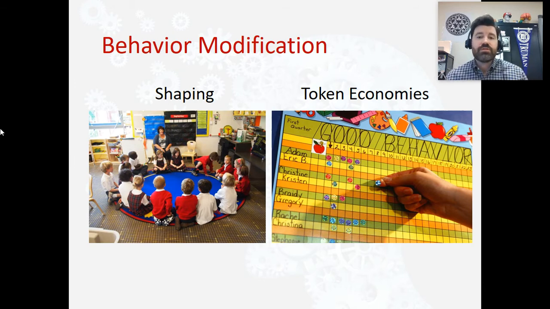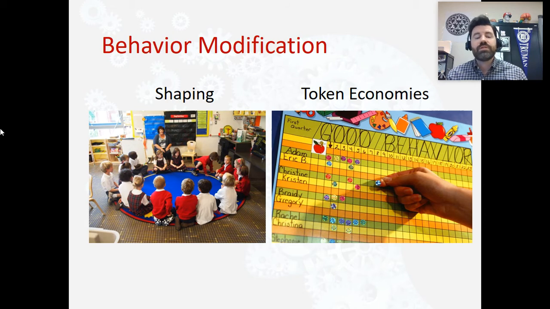It's likely that that teacher used a process called shaping. The idea behind shaping is you have a target behavior. You have a goal. And in this case, the goal is children sitting quietly, crisscross applesauce with their hands in their lap. Well, chances are she couldn't get those kids to just do that immediately. So through operant conditioning, you reward small behaviors in order to get to the target behavior. That's the idea of shaping. Reward small behaviors, and when those small behaviors are accomplished, you work your way up to the target behavior.